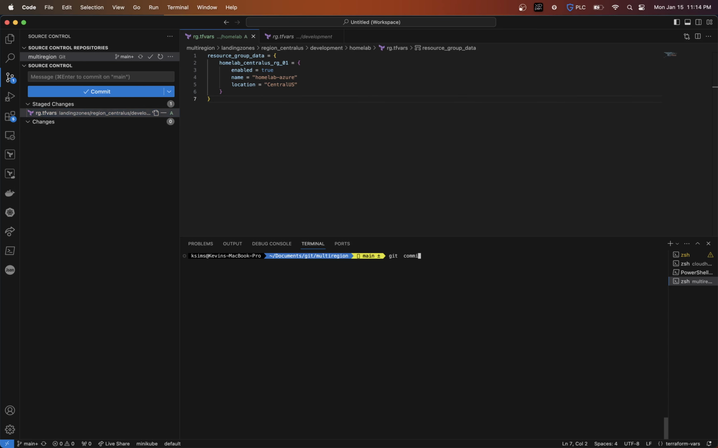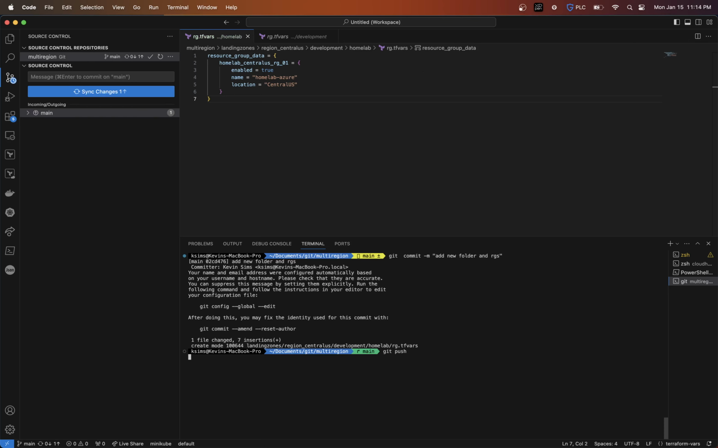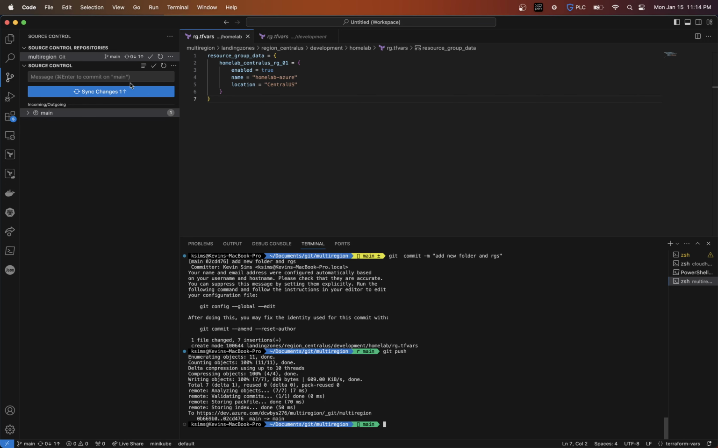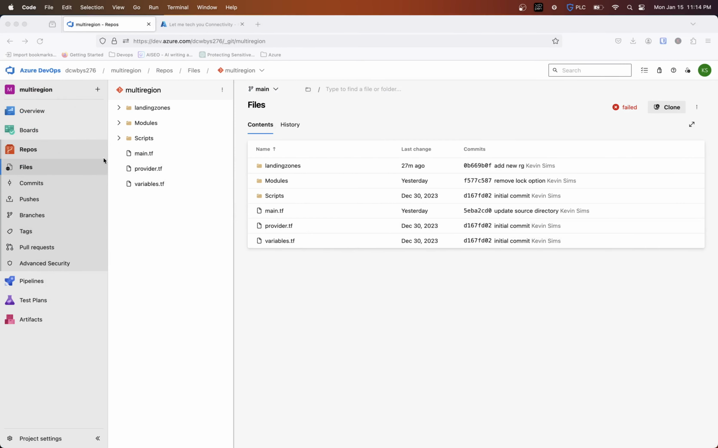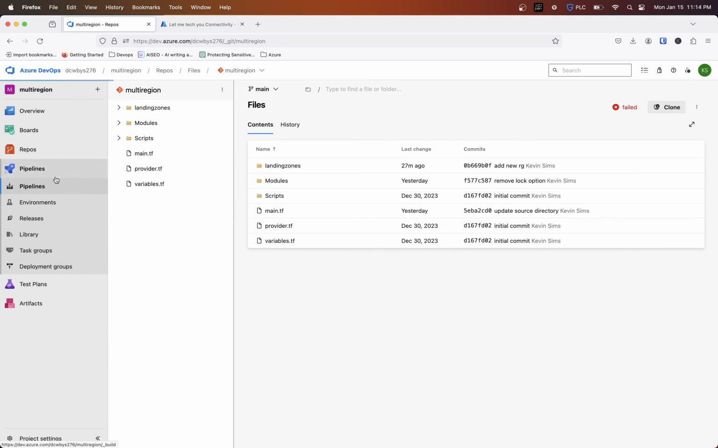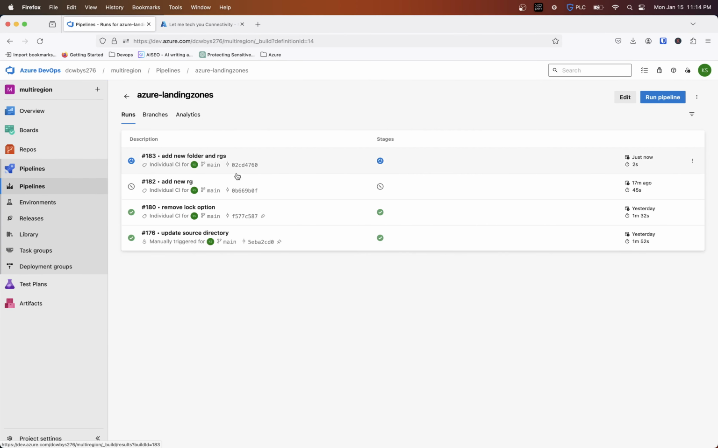So git commit a new folder in RGs. All right, so now if I go back here, if I go to my pipeline, how I have this set up,